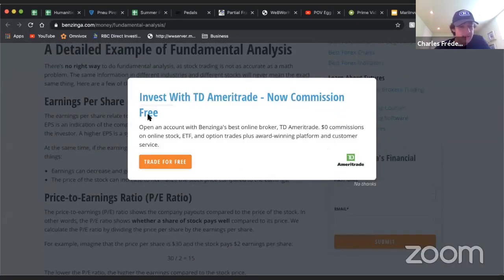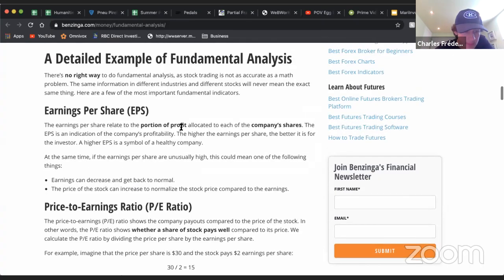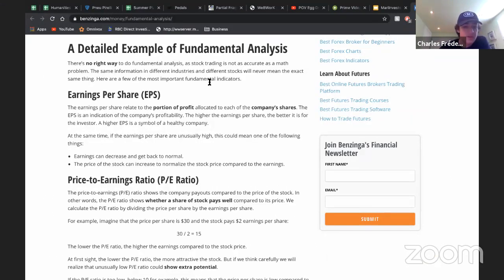Yeah, okay. So, detailed things. There are a lot of ways, and I've shown you that you look at balance sheets and all that, but here are certain things that you can look at in fundamental analysis. So, earnings per share: every quarter and every year, companies have to release their earnings, how much money they made in the quarter. Then you take those earnings and divide them by how many shares are distributed to public shareholders. That gives you the earnings per share.